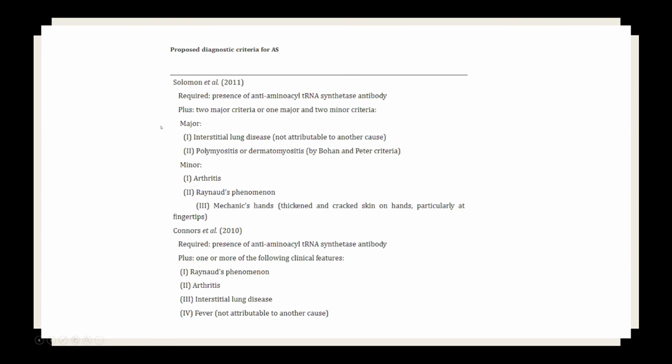And then, like Dr. Brian already beat me to, these are the major diagnostic criteria. I think people tend to use the Connors one. It's a little easier to meet the criteria as more of a diagnostic criteria, and the Solomon tends to be the stricter one that tends to be used a little bit more for publications and that type of thing. But I think they're both very similar in terms of their accuracy for diagnosis for this disease. Ultimately, these antibodies are quite sensitive and quite specific. And if you have an antibody plus any of these, I think the suspicion that they have an underlying antisynthetase syndrome is very, very, very high. So this is, Raynaud's is a vasculopathy.